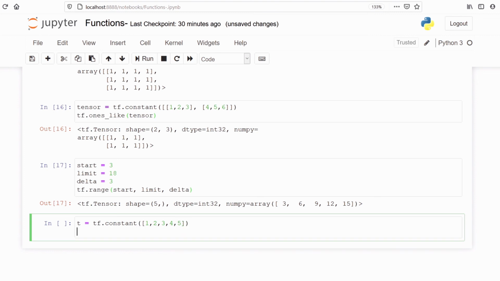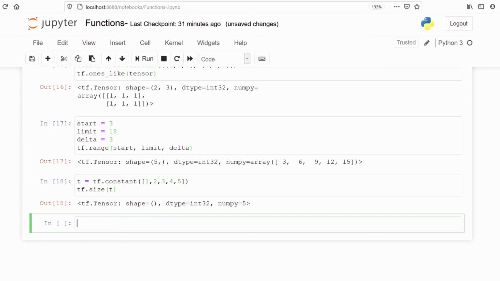Now there are a total of 5 elements in our tensor t, but in other cases when there are many numbers which you cannot count, we will use the method size and check how many elements are present in the variable t. tf.size, and we have to pass our variable name t. It says there are 5 elements in our variable t, and we can see that, 1 2 3 4 5. There are a total of 5 elements present in our tensor.